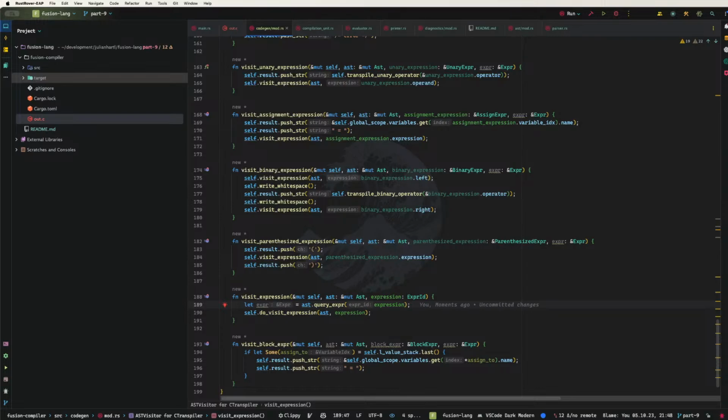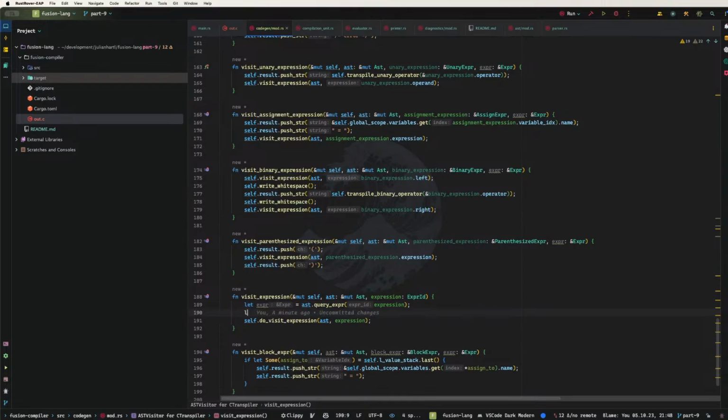Okay, this is kind of complex, to be honest. So let's just leave out the recursive part for now. Let's just do it one level deep. So we just query the expression and we say, okay, let is valid R value is match